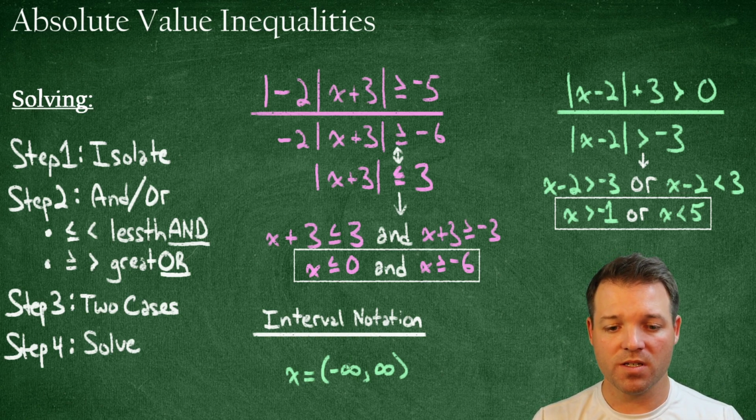Low numbers on the left to high numbers on the right. It's a common mistake for people to flip these around. All right, so there we go. There's our interval notation, which is our third way of representing